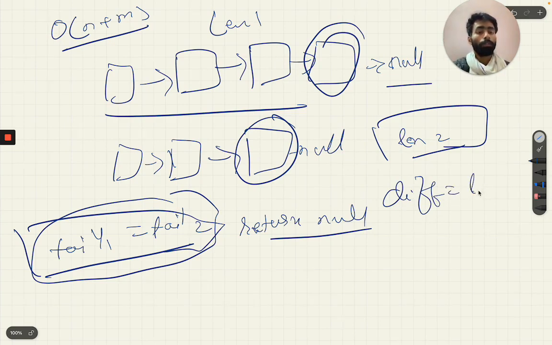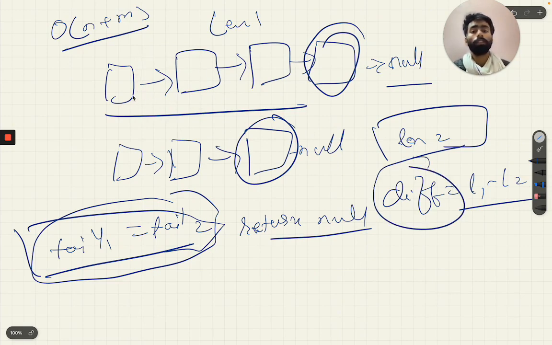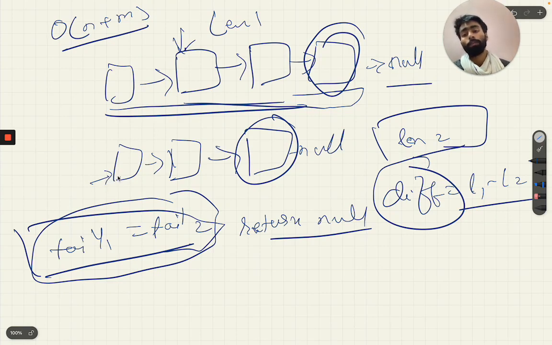We will traverse the difference in the linked list where the length is more. So we will first point to this point in the bigger list and the second will be at the head. So we will now traverse both simultaneously.